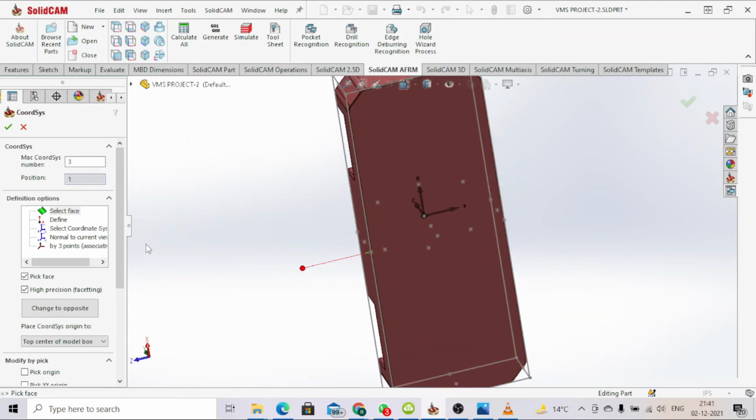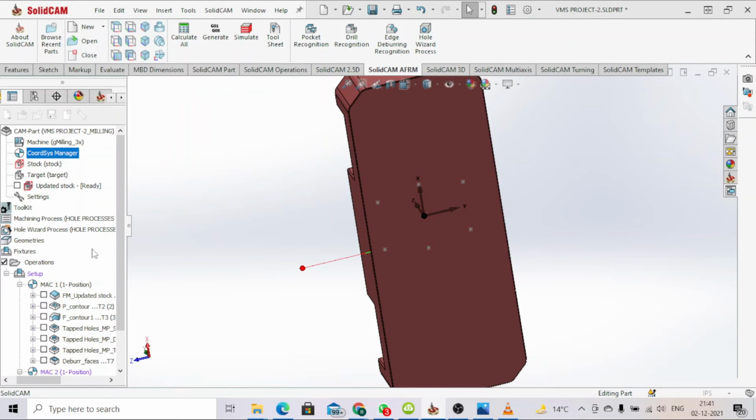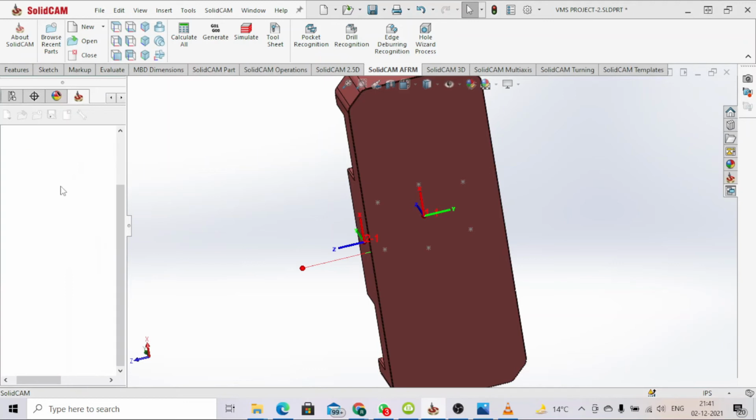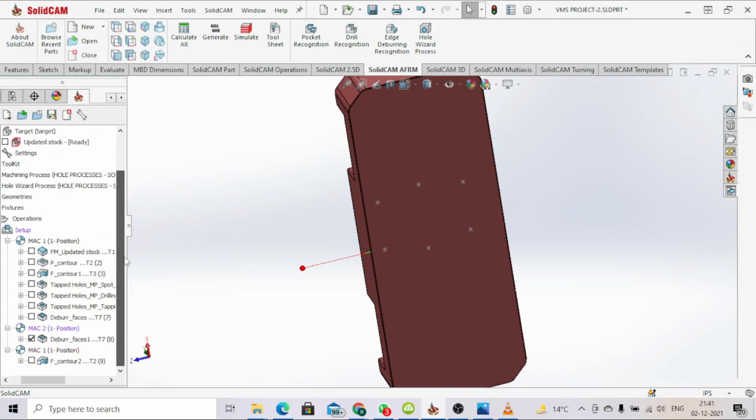Okay, all fine. Bravo. So what's next is just click OK. Okay, good. Oh, it takes a lot of time. Okay, so it's debugging,